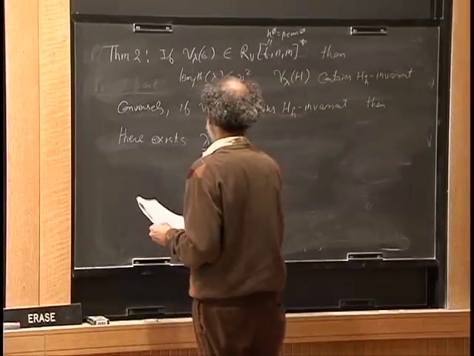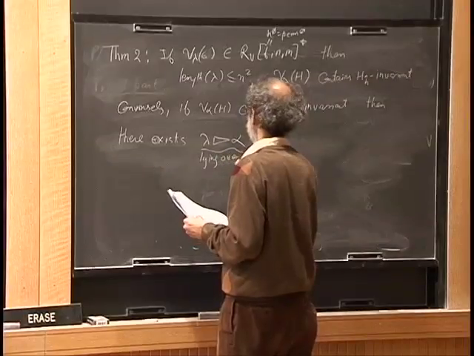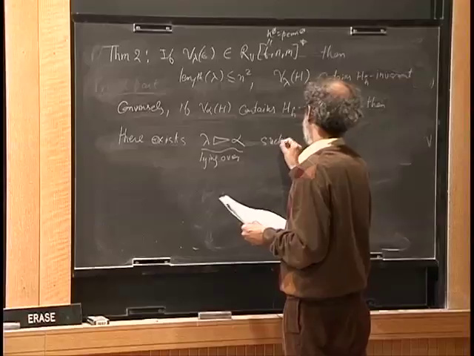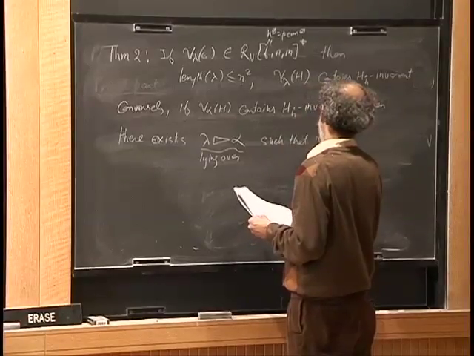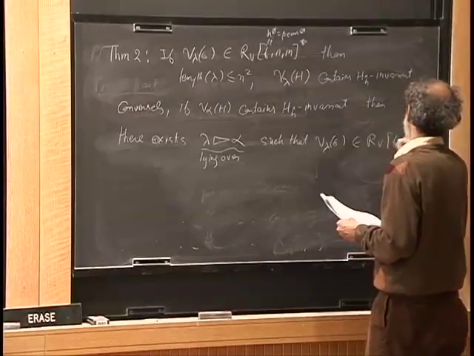So we'll define this, which says that lambda lies over alpha. There exists lambda such that V lambda G belongs to RV F n m star,